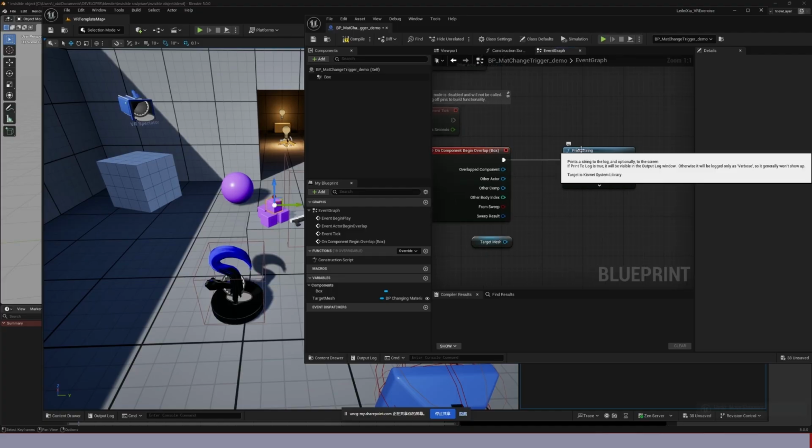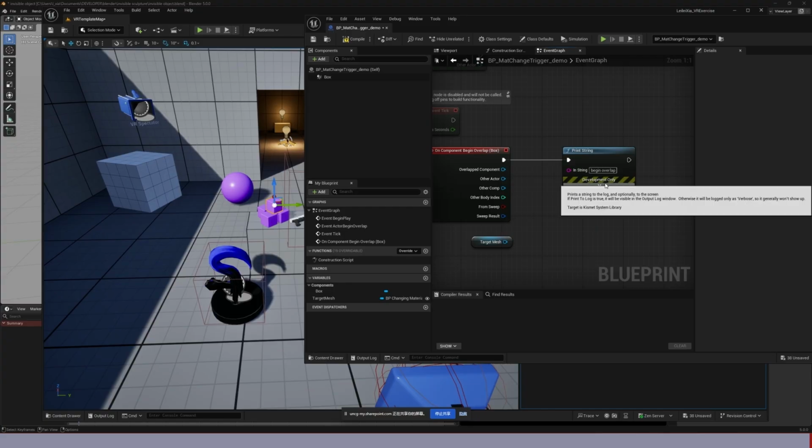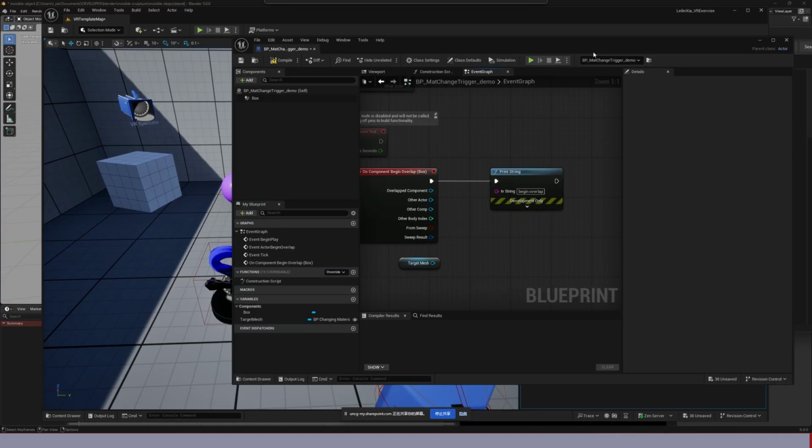So the print string means it will print something onto the screen, whether it's in VR or in the viewport that you're seeing. So if we compile that,